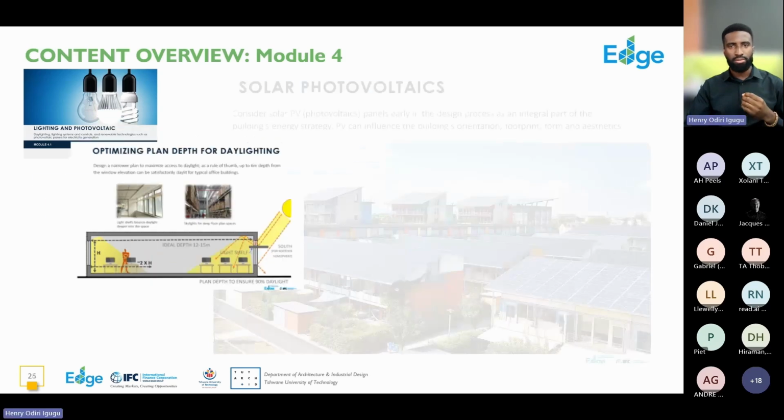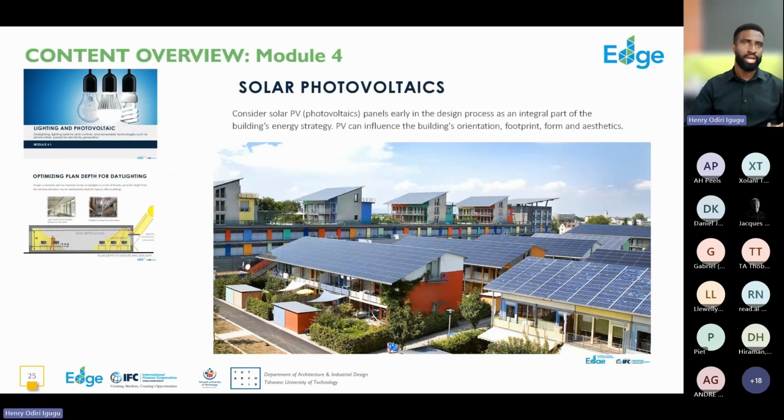In addition to that, we're looking at various renewable energy opportunities. What the Edge app also offers is the opportunity to integrate some of these decisions into your analysis. So you can already say you want to cover 30% of the consumption by using solar PV.